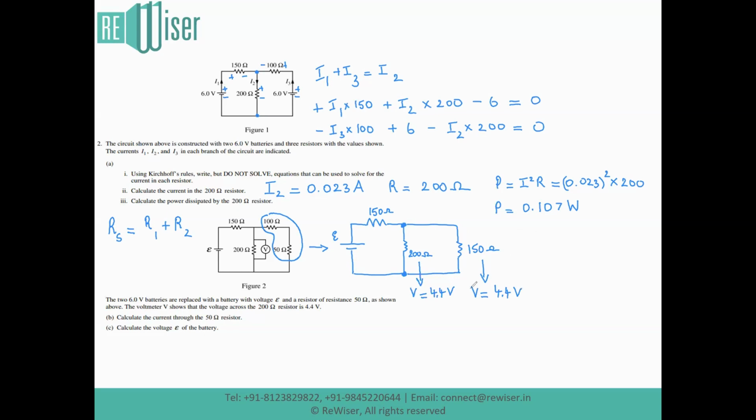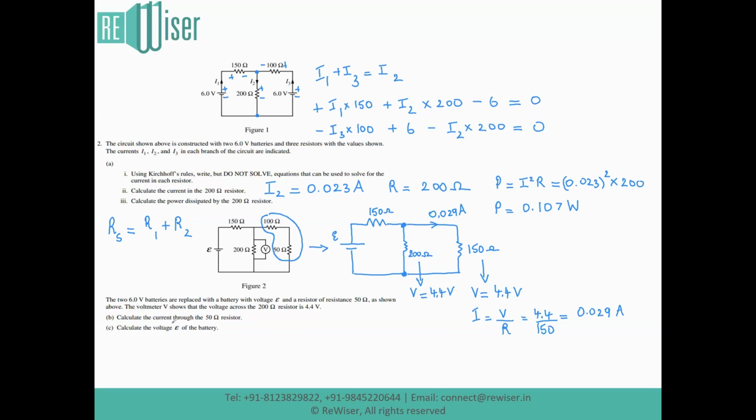We can find out the current by using the formula current I is equal to V by R. Current I is equal to the voltage V divided by resistance R. Voltage V is 4.4, while the combined resistance as found before is 150 ohm, giving us the value of current here to be exactly equal to 0.029 ampere. Moving ahead, we have also been asked to figure out